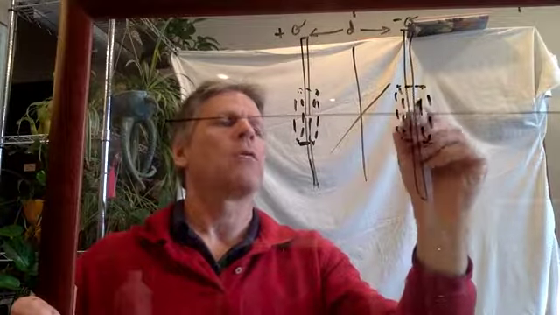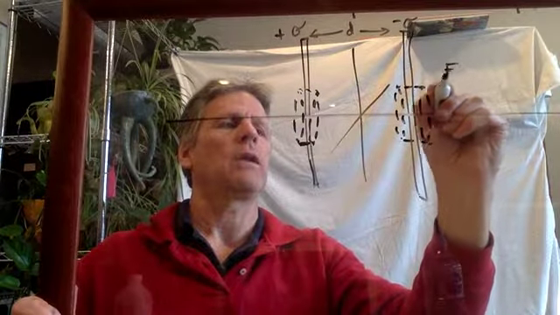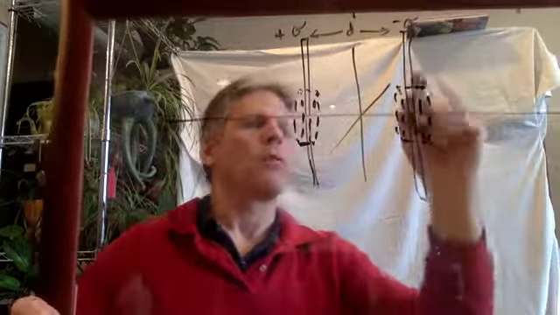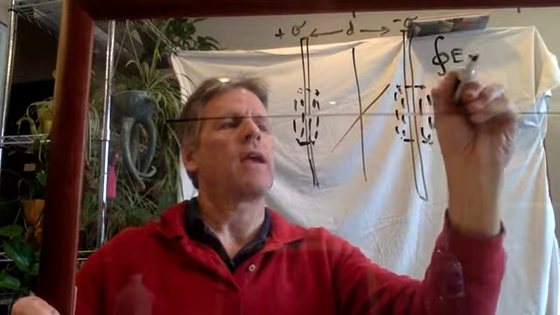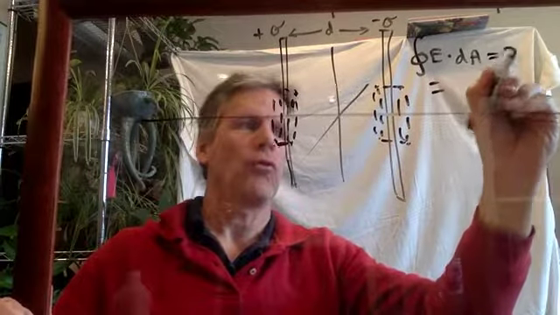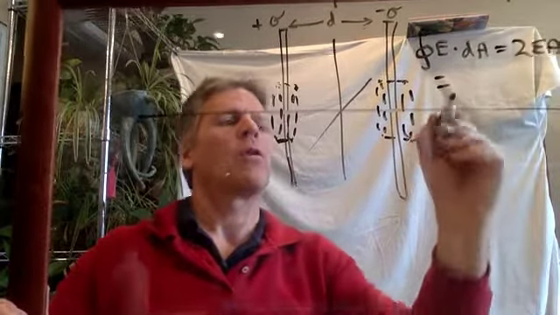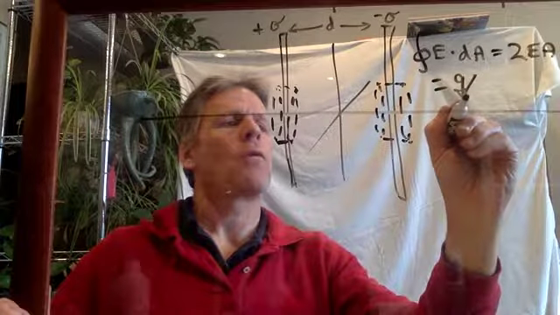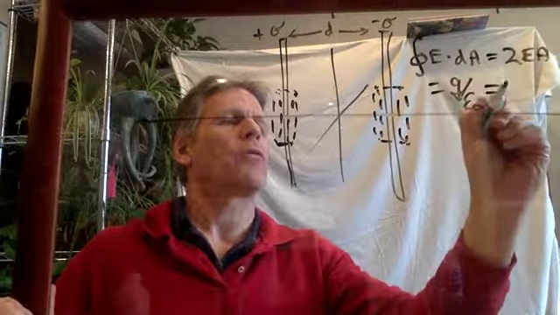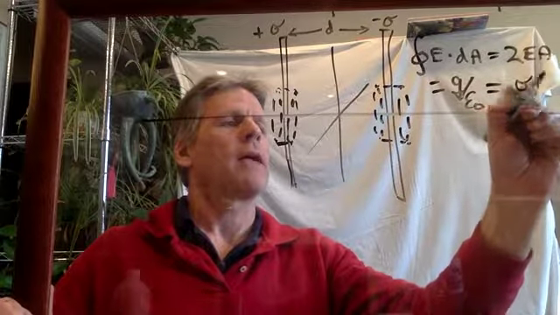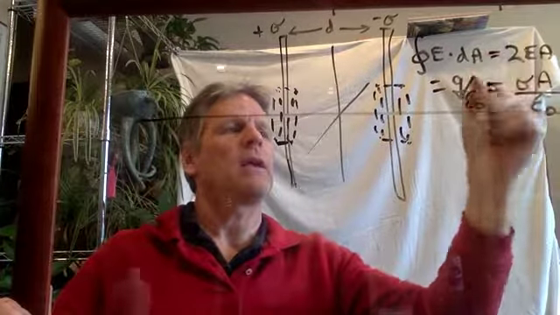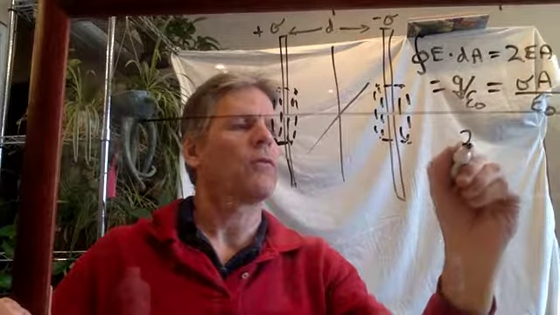So what do we know here? We know that the integral of E dot dA is equal to 2EA. We also know it's equal to Q enclosed over epsilon 0 from Gauss's law, and we know that Q enclosed is sigma A. So sigma A over epsilon 0 equals 2EA. So what we know is that